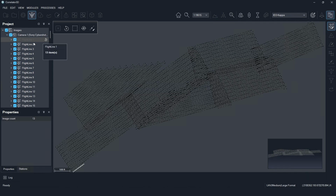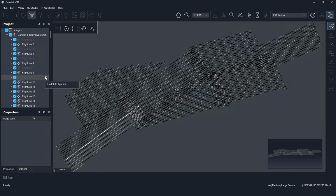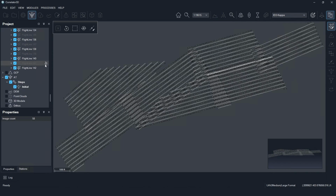So I've removed flight line 1. I'm going to remove flight line 3. And the reason I'm doing this is because we have so much side lap on this project, we don't really need all of those. And I'm going to do flight line number 5, and like so, until I go through all of these, which I will spare you. We will just fast forward a little bit to these that are completed. Okay, so there we've eliminated basically half the images in the project without degrading the quality